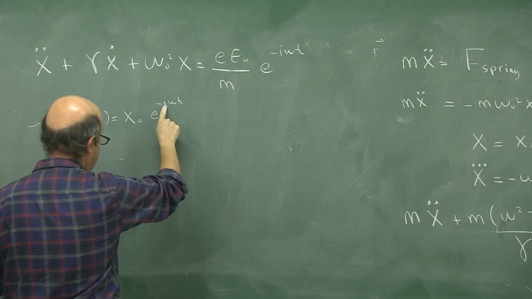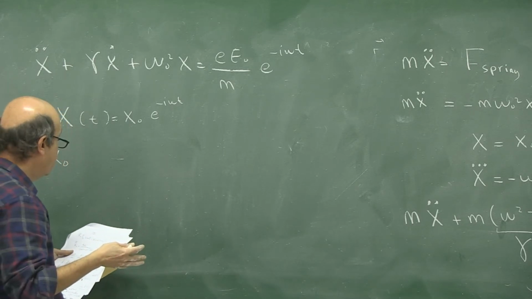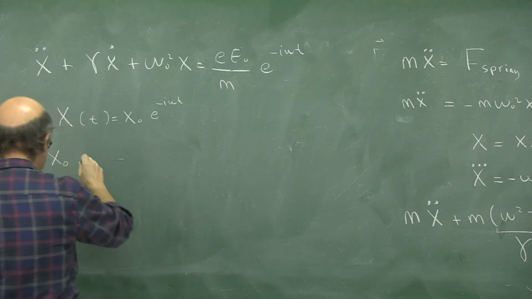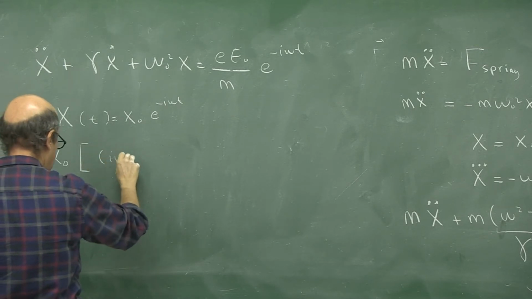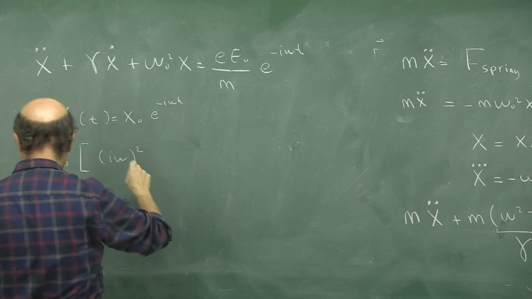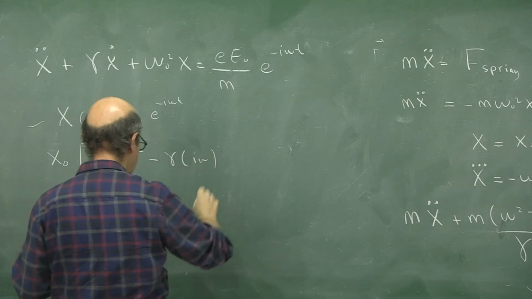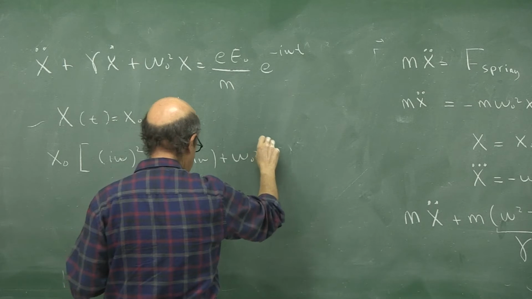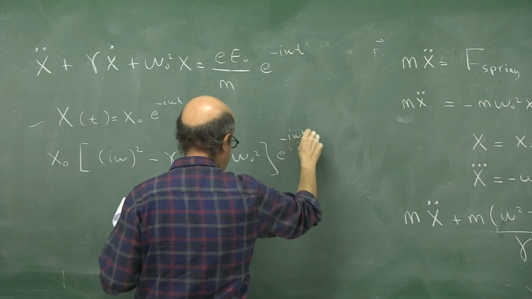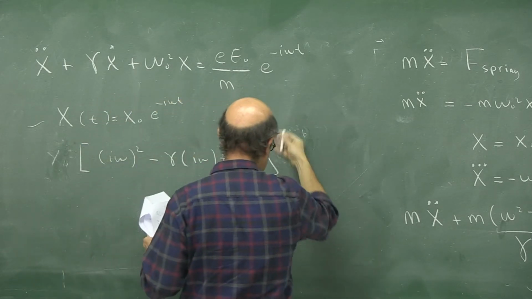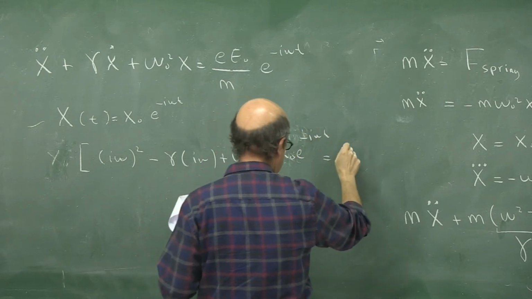Minus i omega times minus i omega will be minus, plus i and i, minus plus. This should be, is it minus? i omega square. The second one, we will have gamma i omega. And the third one will be omega 0 square, times e to the i omega t times x0. So maybe this is better: x0 times e to the minus i omega t, and that is equal to